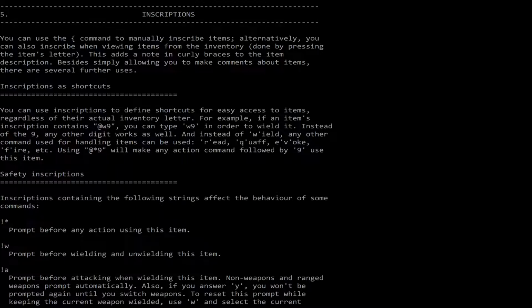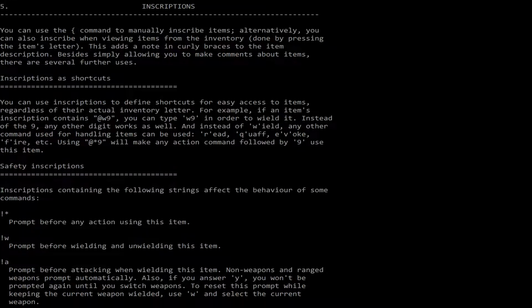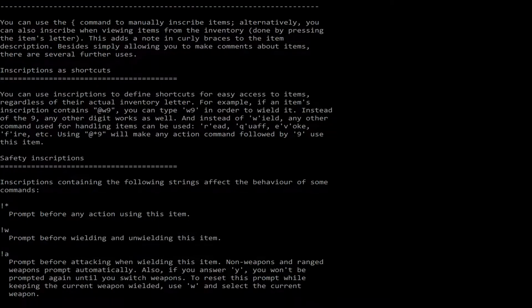So if it's like Angband, you should be able to put some code on it, basically, that will prevent you from drinking it automatically. You can have a code on it that drinks it automatically when you find it, but I think...